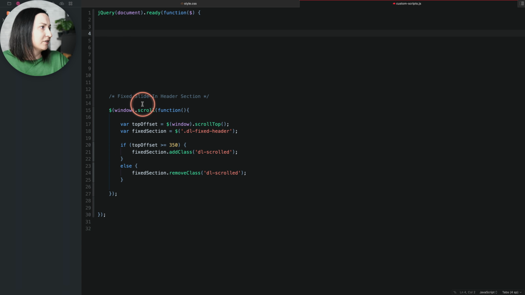So I have a separate piece of code for a different tutorial for a slide-in header section, but that part is in the jQuery document ready function, and now we want to target each section that holds the content of our pop-up, so a section with a class dl-popup-content, right? So to target it,